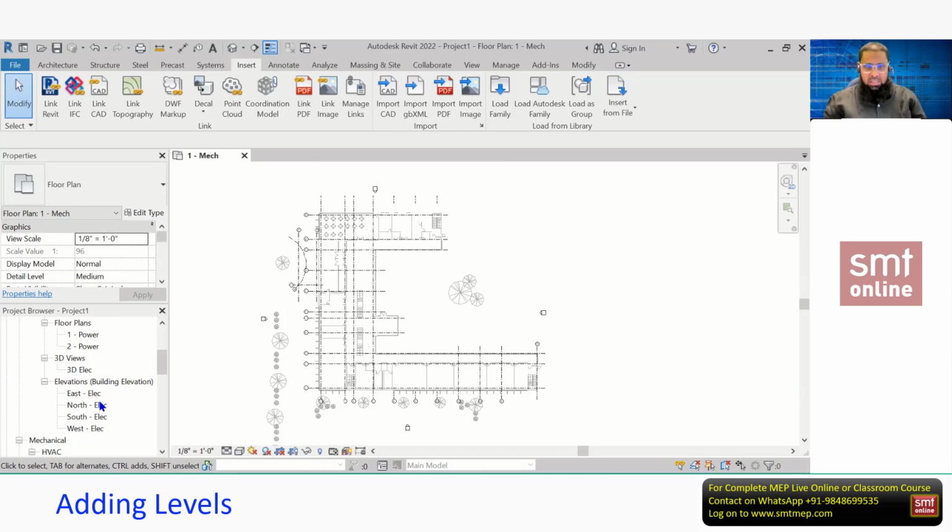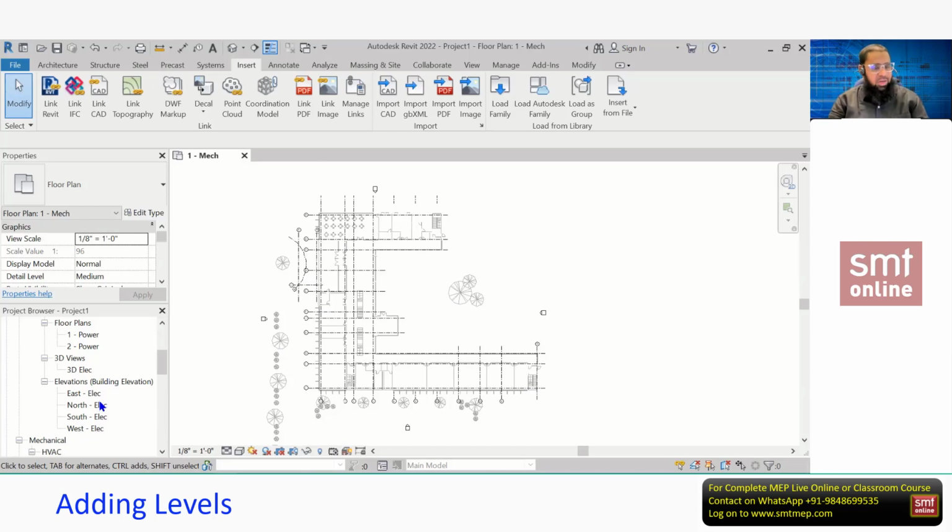Okay, but as I said, this school project consists of a ground floor, first and the second floor. It's a G+2. So ground floor means level 1, which is available. First floor means level 2, which is also available. For the second floor we require level 3, and the roof level. So we require 2 more levels now, so that I can get 2 more floor plans, one for the second floor and one for the roof plan.